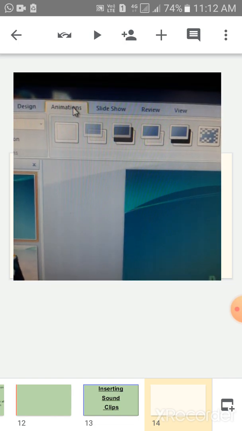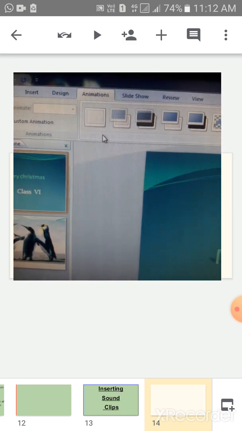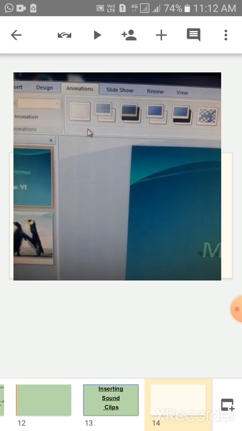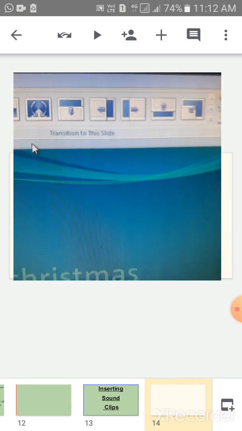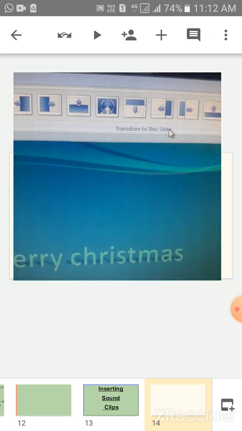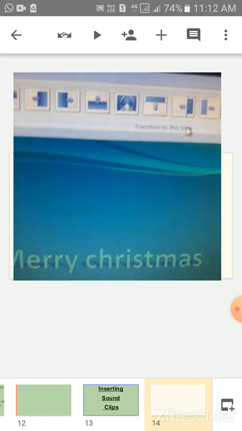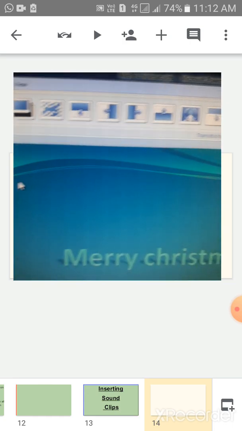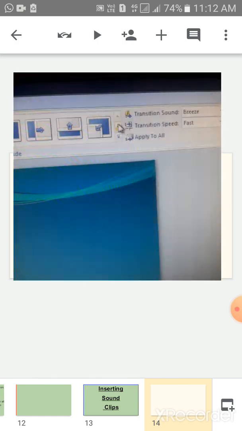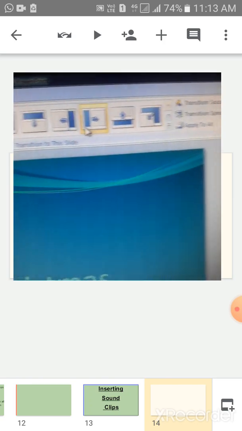You have to click here on the animation tab. After that, the transition to this slide group appears on the top. By default, no transition is applied to each slide. Click on the more drop down. Here is the drop down, whatever you want to select. These are the transitions.